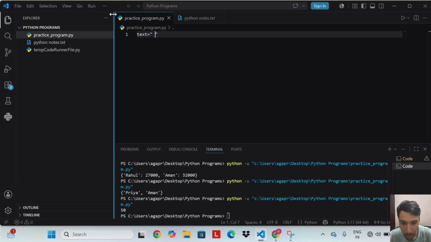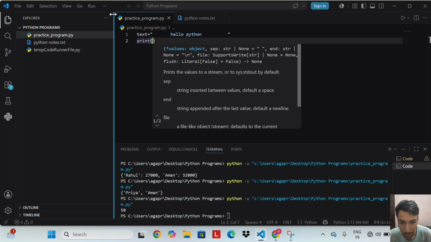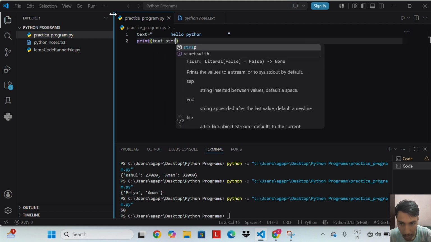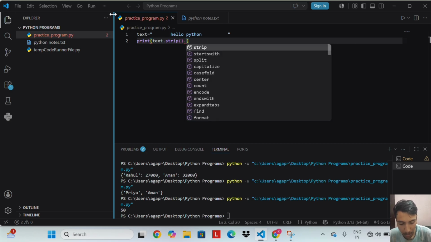Text equal to hello Python. Print text dot strip dot upper.